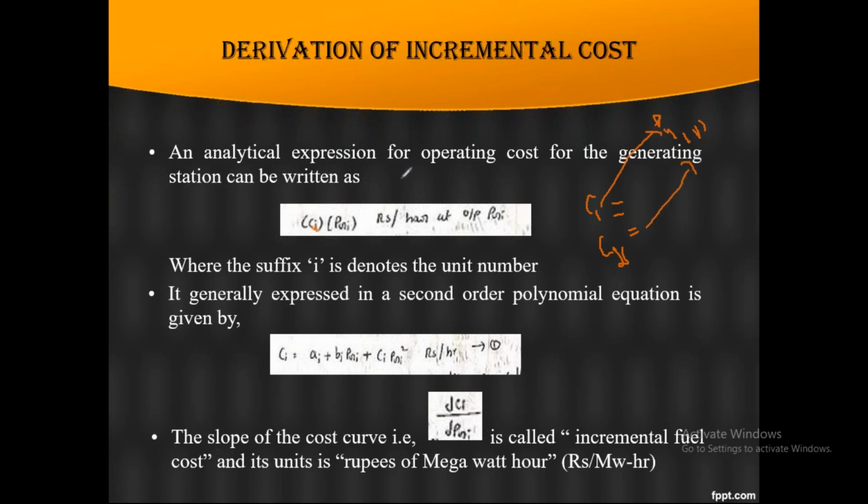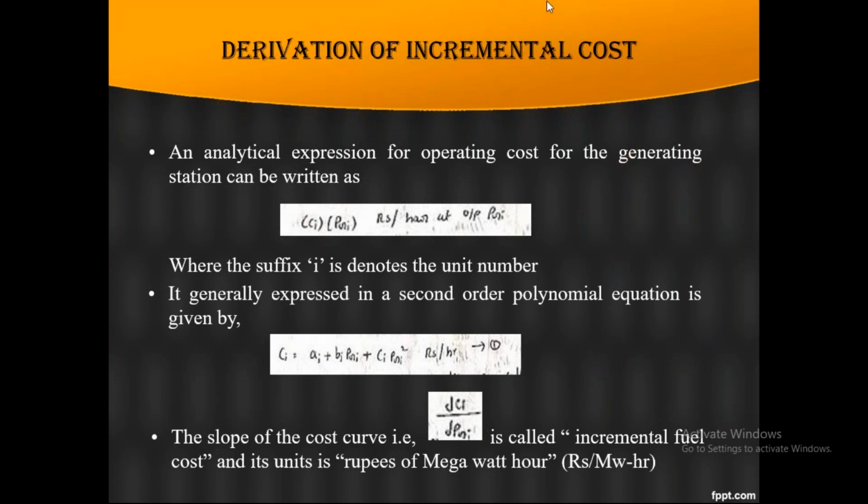Now by using this derivation, we can find the scheduling of PG1 and PG2, and at the same time the total cost of the generating plant. Suppose they give two equations, C1 and C2, in quadratic form, and ask how to schedule an 800 megawatt power demand between the 2 units, and then what is the total cost of generating that amount of power. This type of problem you will get in the exam based on this topic.